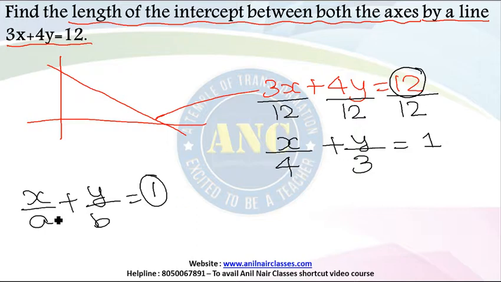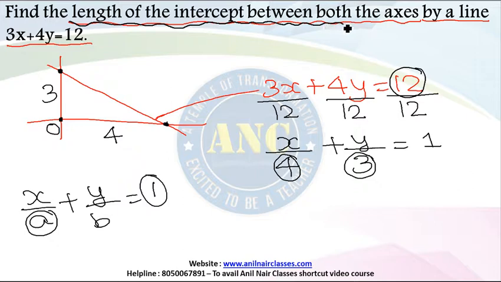That means x by a, x intercept value, a value is 4. That means the distance from origin to the point on the x-axis is given as 4. Y-intercept value is 3. The distance from the origin to the point on y-axis is 3. And they are asking you in the question, find the length of intercept between both the axes. The length of intercept between both the axes is this hypotenuse value that is given by the notation square root of a square plus b square, square root of 3 square plus 4 square, which is square root of 25,